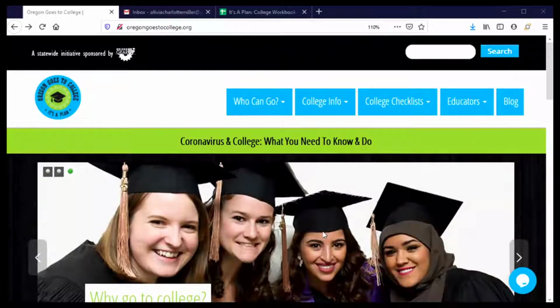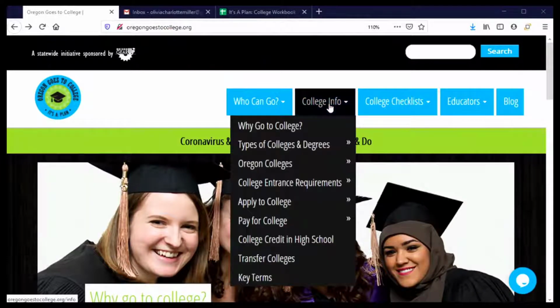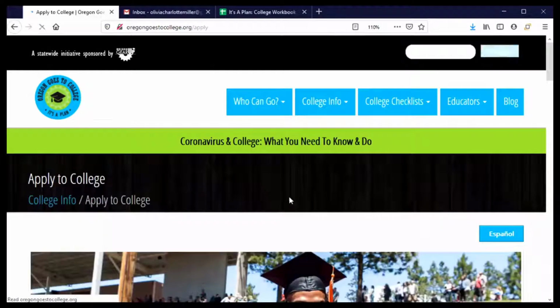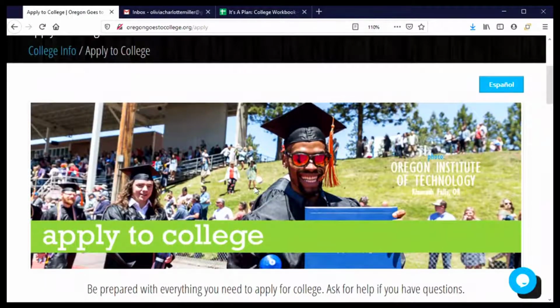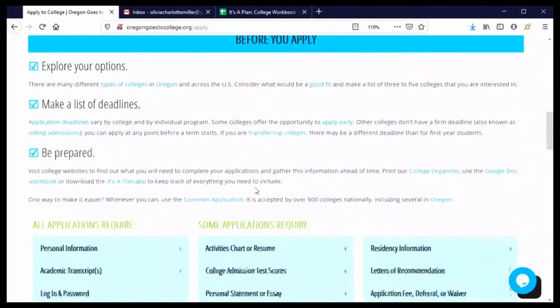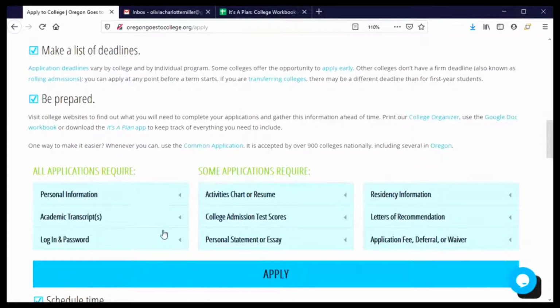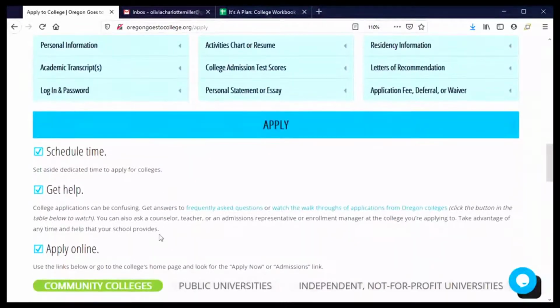Let's apply to Lane Community College. We'll start on the Oregon Goes to College website, and from the College Info menu tab, choose Apply to College. That takes us to a page that has a lot of really good information about what we can do to prepare to apply, including a list of materials or documents that we may need to have in front of us in order to complete those application forms, and some tips and tricks for things that we can do to do